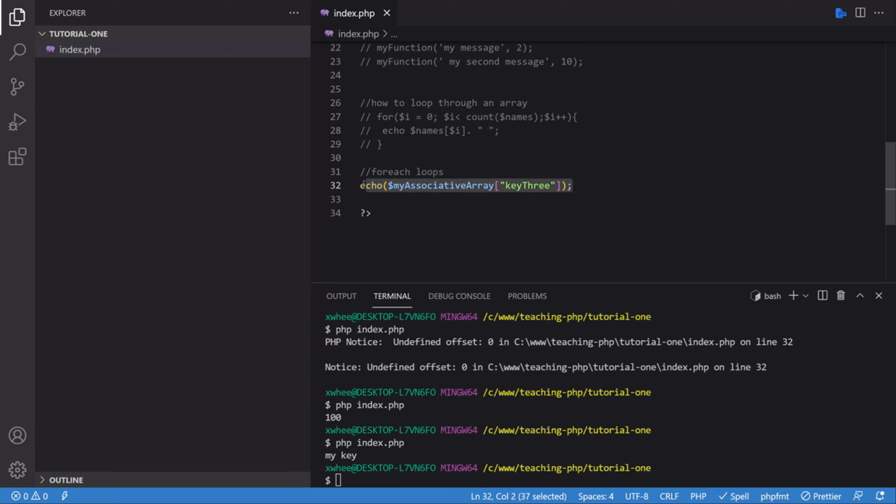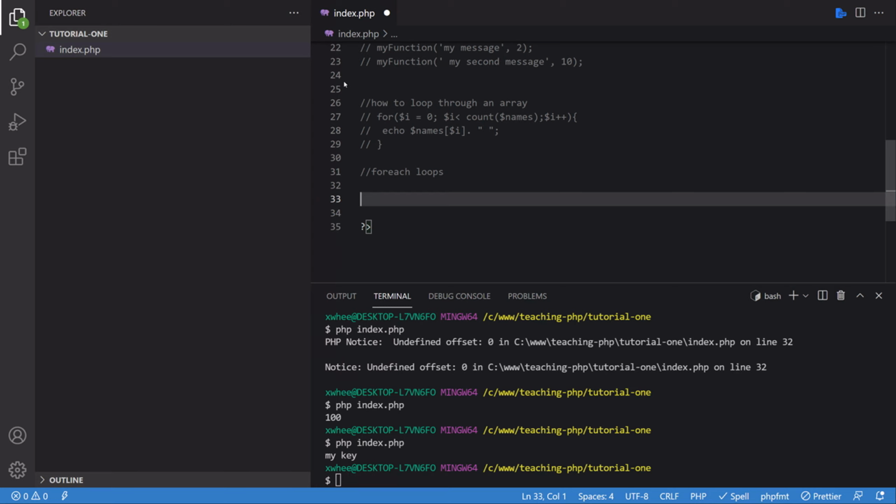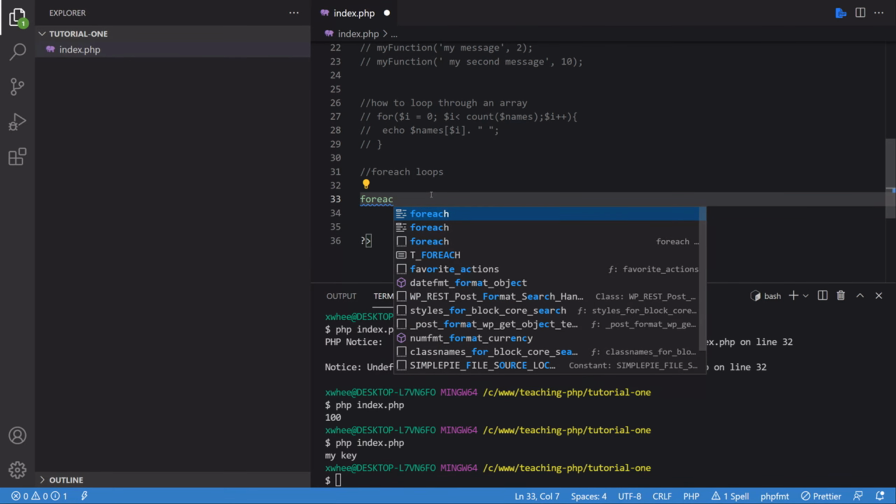And now that you've seen how this works, we're going to get into for each. For each is basically another way to do for loops, but it's a little bit easier and a little bit more dynamic, and you don't have to type out all this code. So most of the time you're going to be doing for each loops. Sometimes you'll need for loops though, that's why I showed them to you, but for each loops is usually where it's at. So you can type for each,